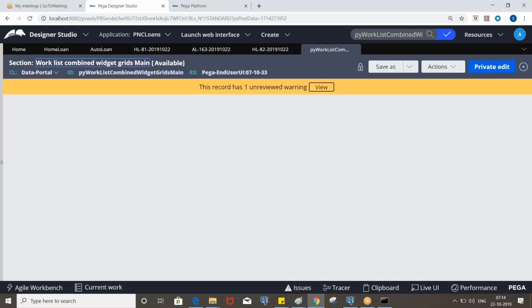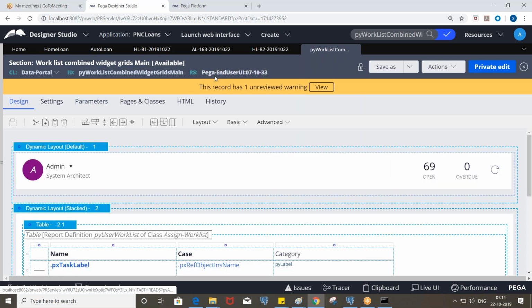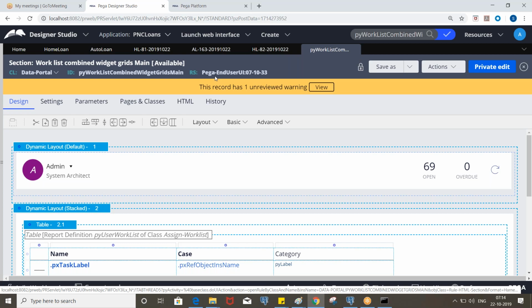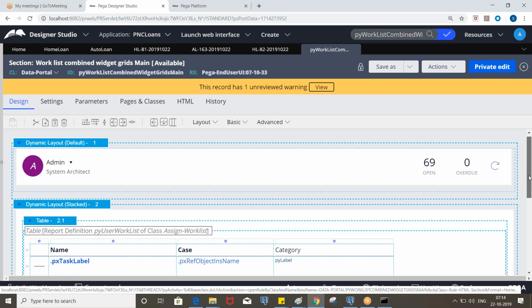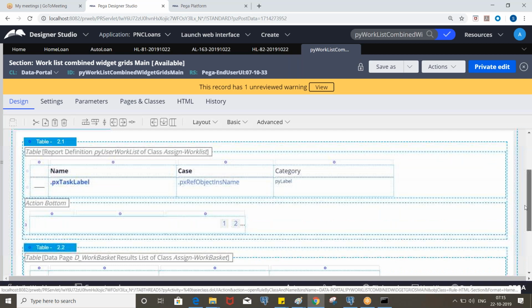Okay, and now see, this section is available in the OOTB rule set, and so we have to save as into our rule set if we want to modify. Okay, so see here we have two tables.